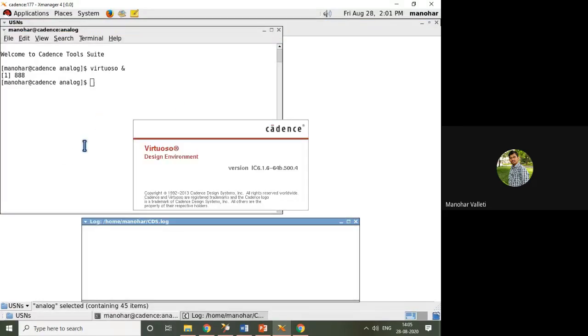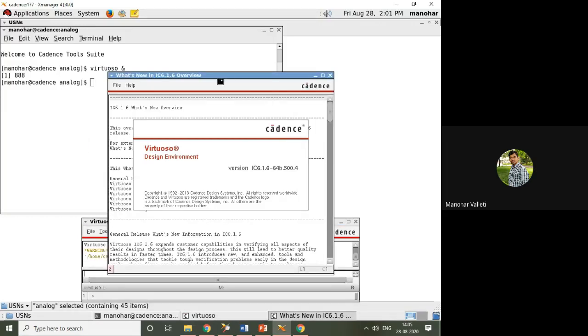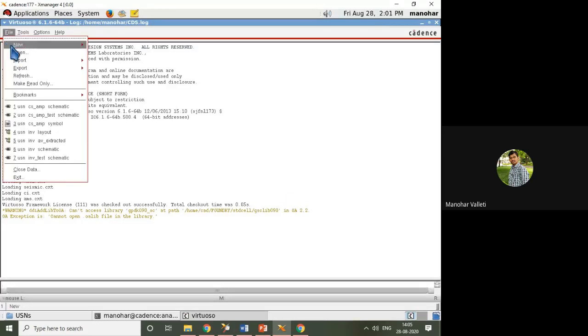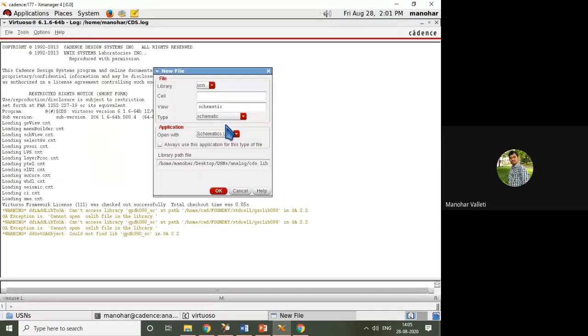You need to open from your analog folder: common drain.